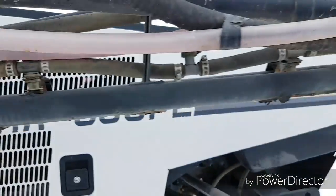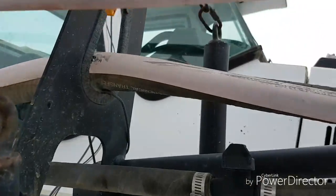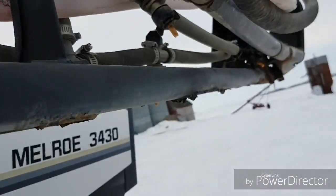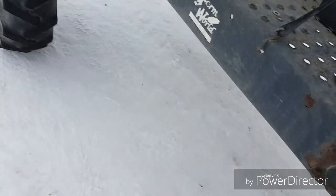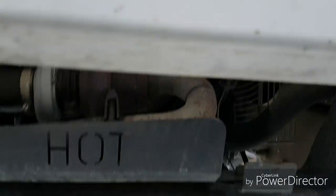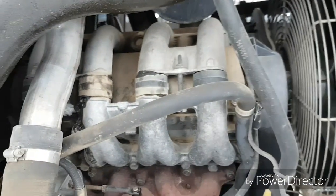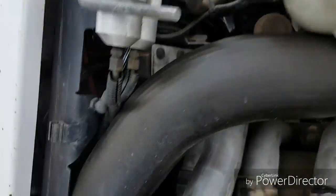I don't know if anybody's familiar with these things or not, but there is no room to work on them. I'll try and get this out of the way and show you this massive power plant. You see how they've got things cramped and packed in here? There's not much room to work on anything. And if you zoom way in here,